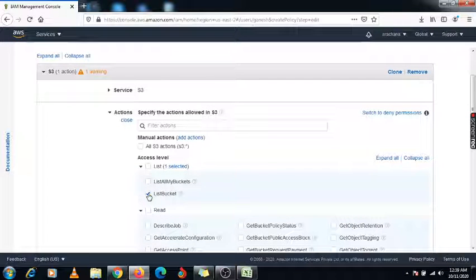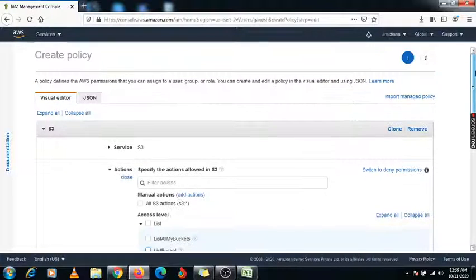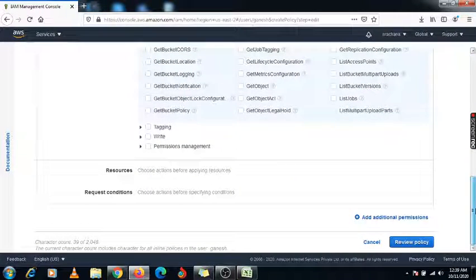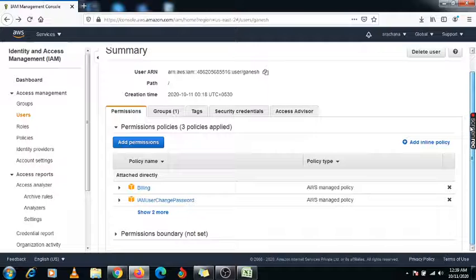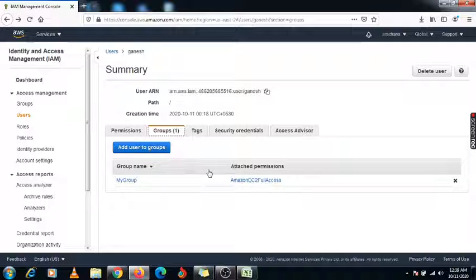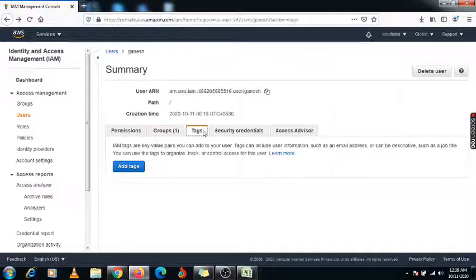I am not making any changes under this user. So this is the inline process. You can provide some limited access under these services if you want to grant it. Another option is the group. Under group there are no other settings. Tag, if you want to assign some tag, you can provide it.